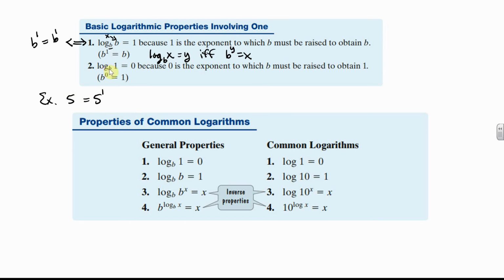Why is log base b of 1 equal to 0? Well, let's apply the definition. The definition says that b to the 0 is equal to 1. Any number raised to the 0 power is equal to 1. So